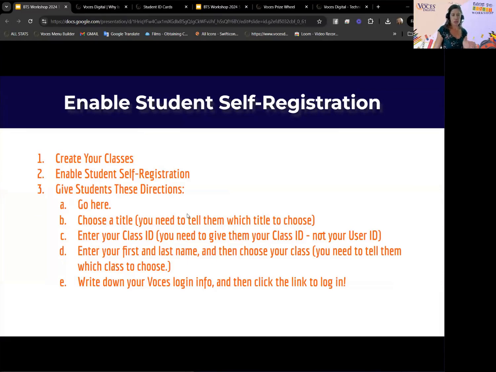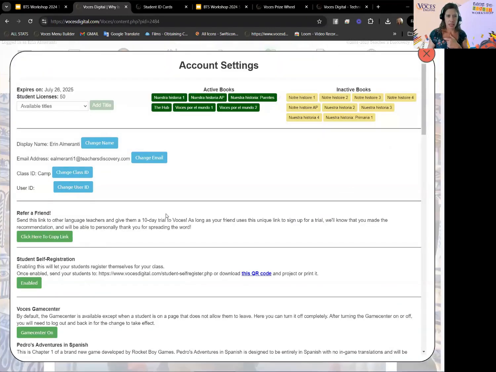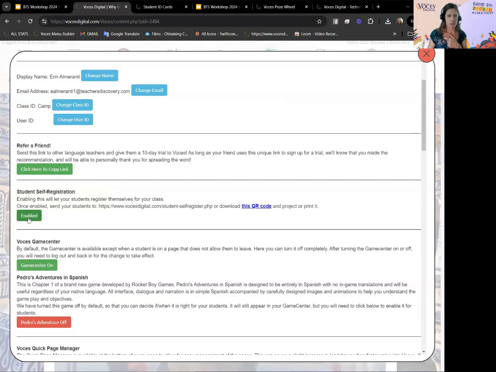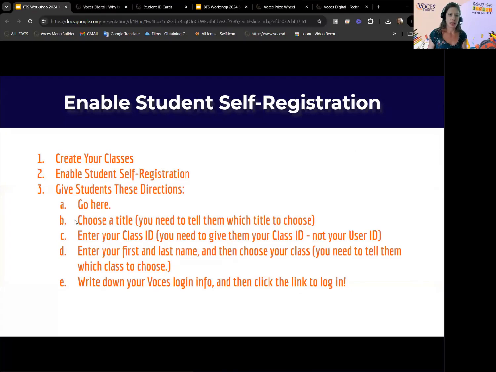And then the next way to get your students logged in is to have them self-register. This is actually the page that I mentioned earlier that you might want to refer to later if you do choose to use this method. Basically, you create your classes, as I've already shown you how, and then you go into settings and you enable student self-registration, which is already enabled, and then you give them this link or this QR code, and then you walk them through these directions,